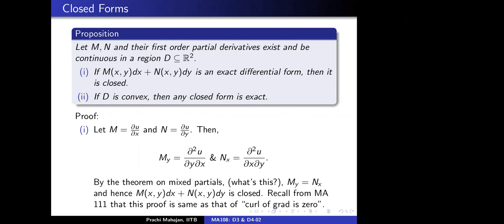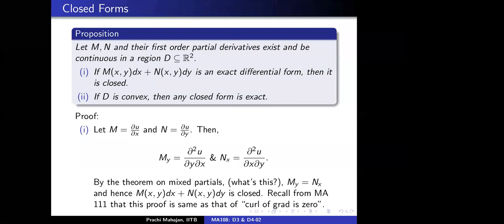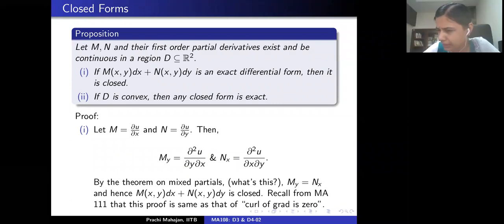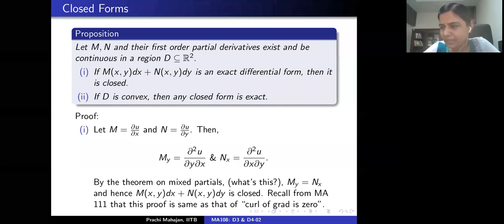So, ma'am, we are proving that closed forms and exact forms, and we prove that there exists some phi of x, y equal to c, which is an implicit solution. For number one, there might also exist some other solutions of that ODE, right? Are we not interested in them, or will we find different methods to find them? We will see. At the moment we are interested in finding one solution of an ODE.